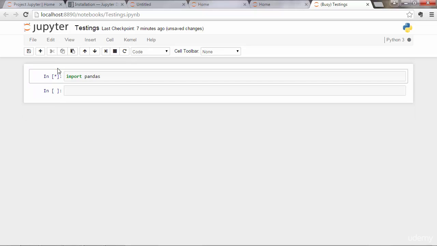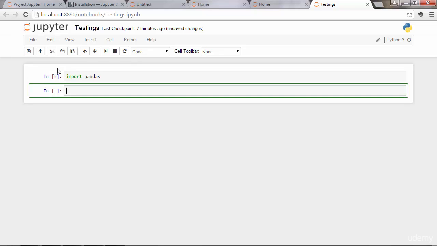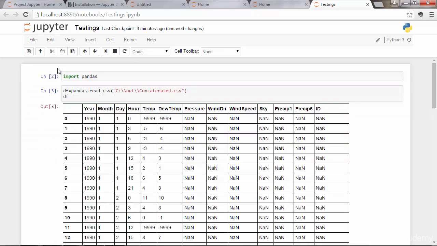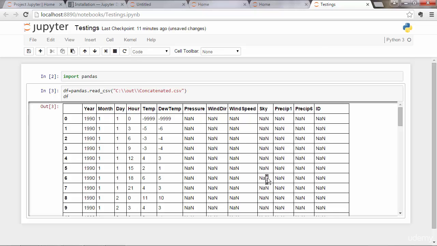So you import the library, you press enter, or Shift Enter to go to the next cell, and you press enter again to write something. So let's say df equals pandas.read_csv, and I have a CSV file somewhere in my system. Press enter and whoa. So you get a nice HTML table which was loaded from the CSV file,